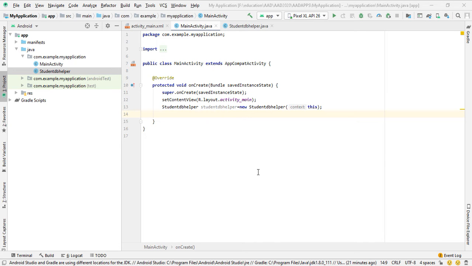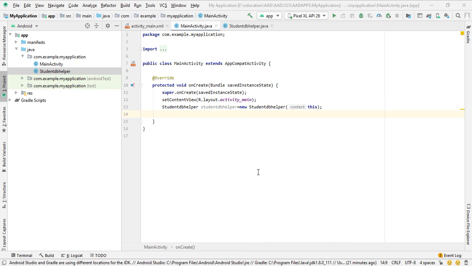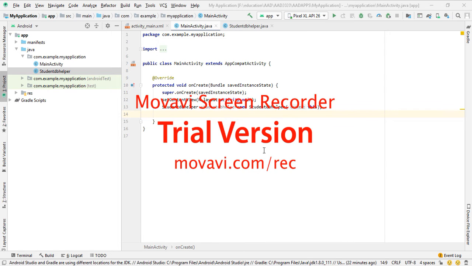Now once you have the StudentDBHelper object, to work with the database we have to create the object of SQLiteDatabase. How do you create the SQLiteDatabase object? For this we require the method called getWritableDatabase. This getWritableDatabase method is used when we want to insert some records inside the database.